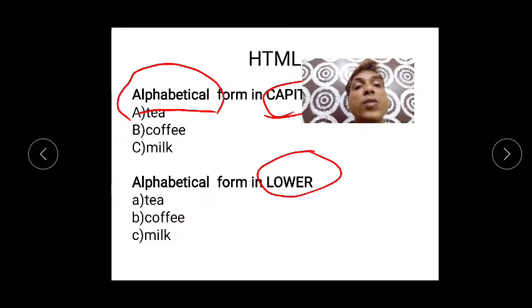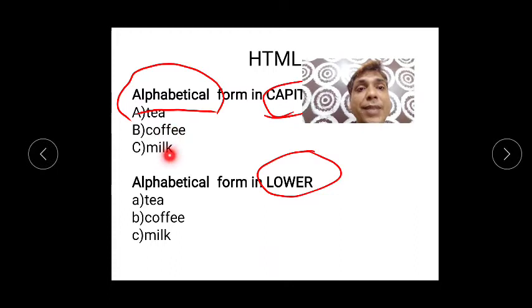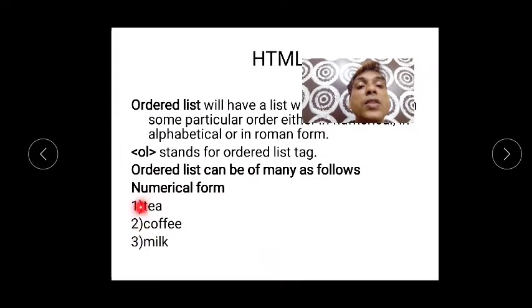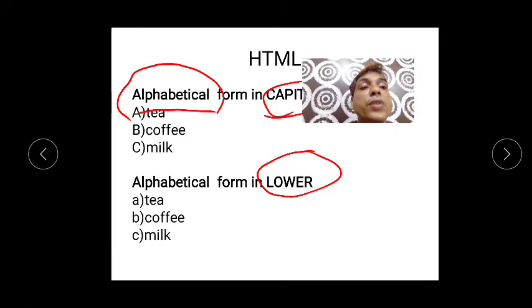I don't think you will be getting this curve, but I've just written an example like A, B, C. This is in capital and this is in lowercase. But in the previous case, you can see that this list is in numerical form. So I hope you understood the difference.